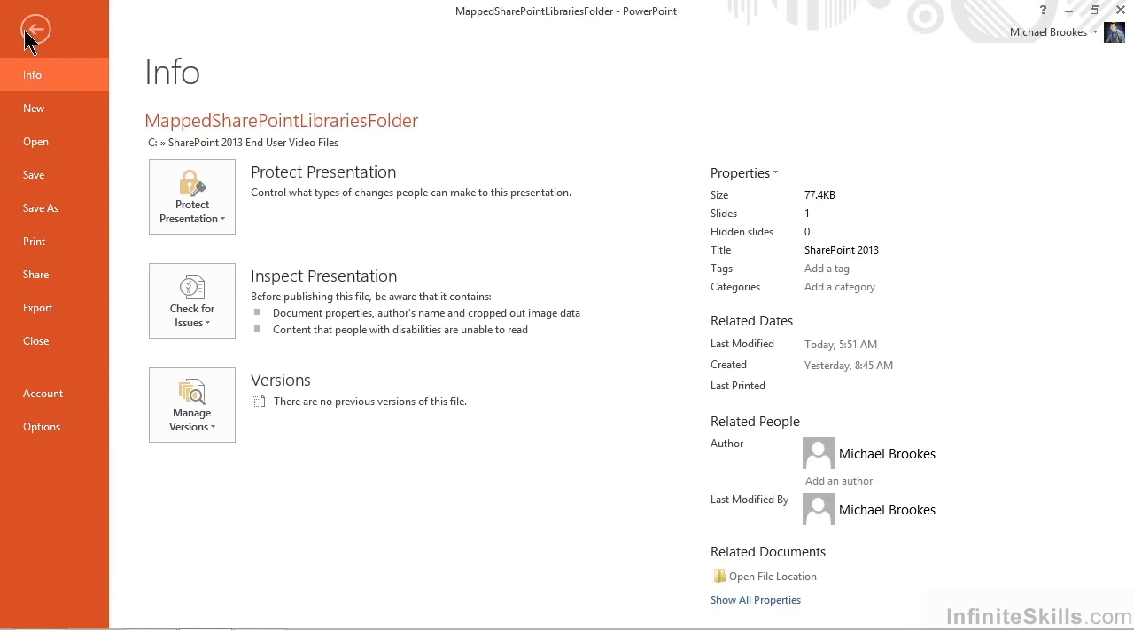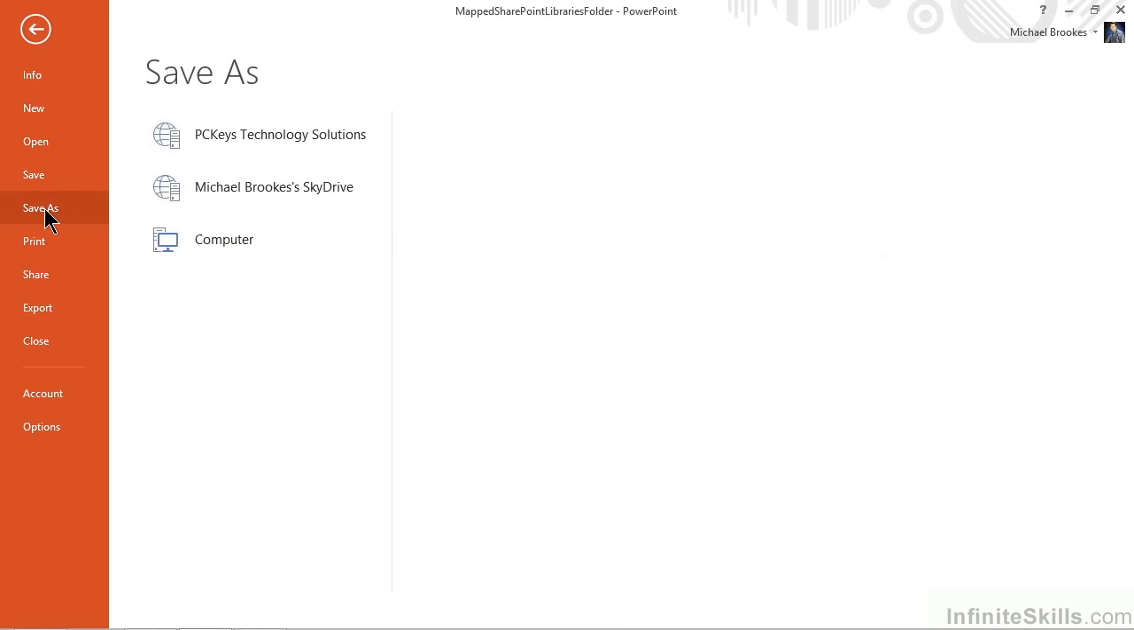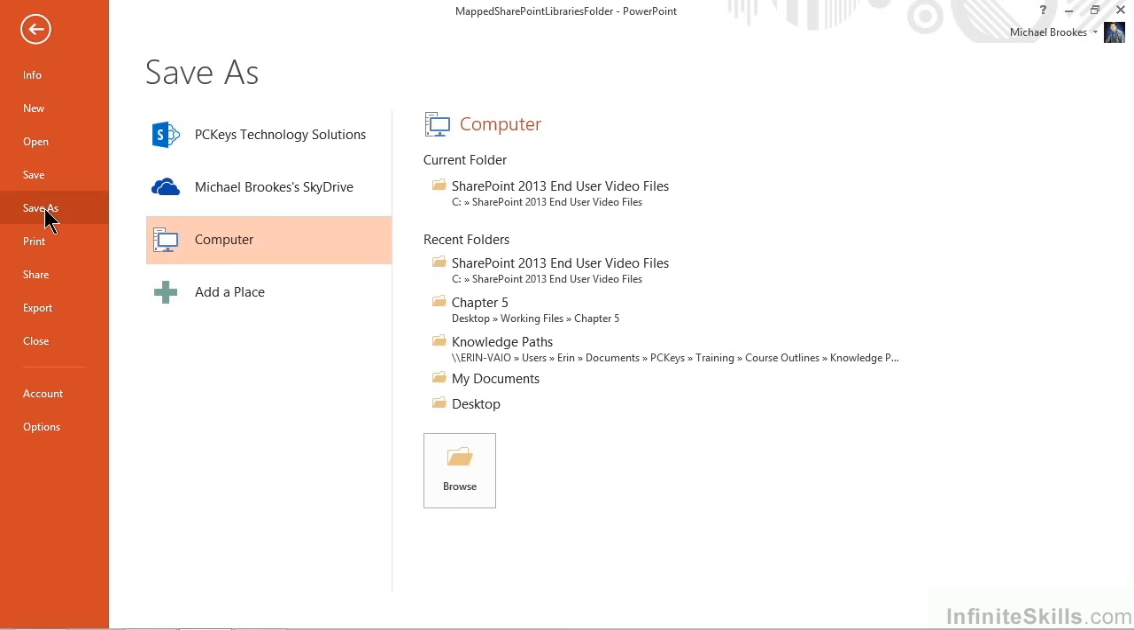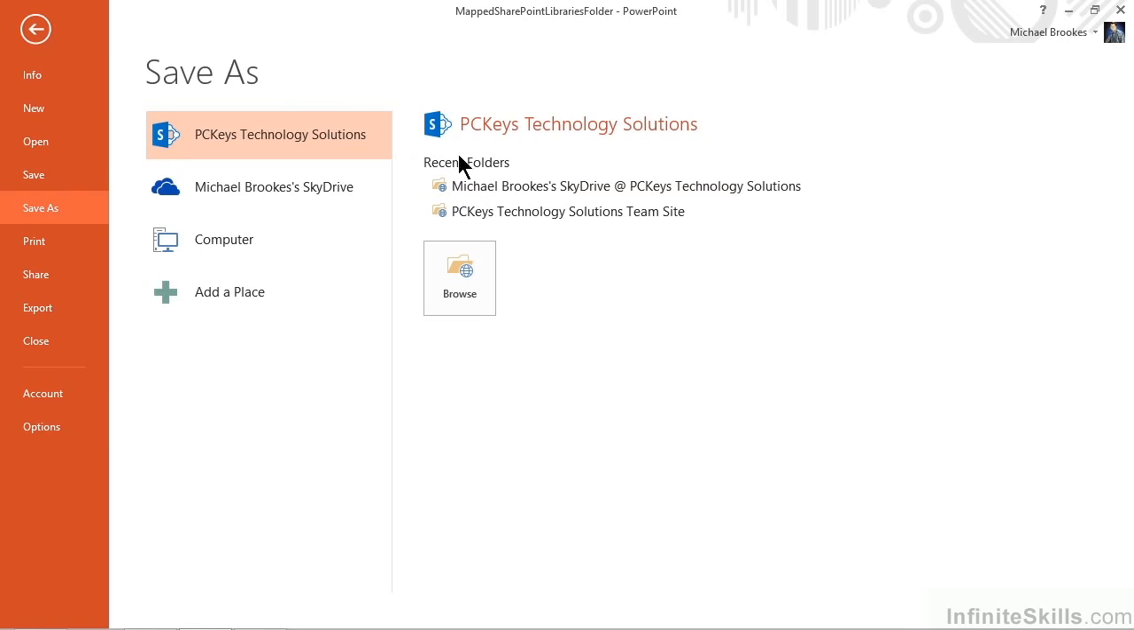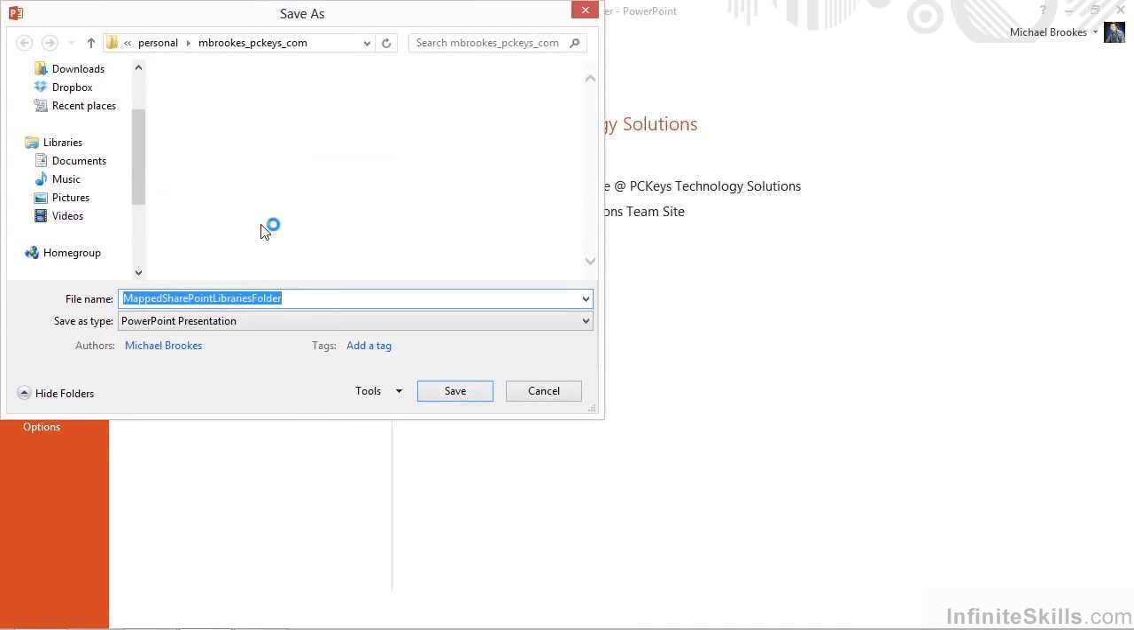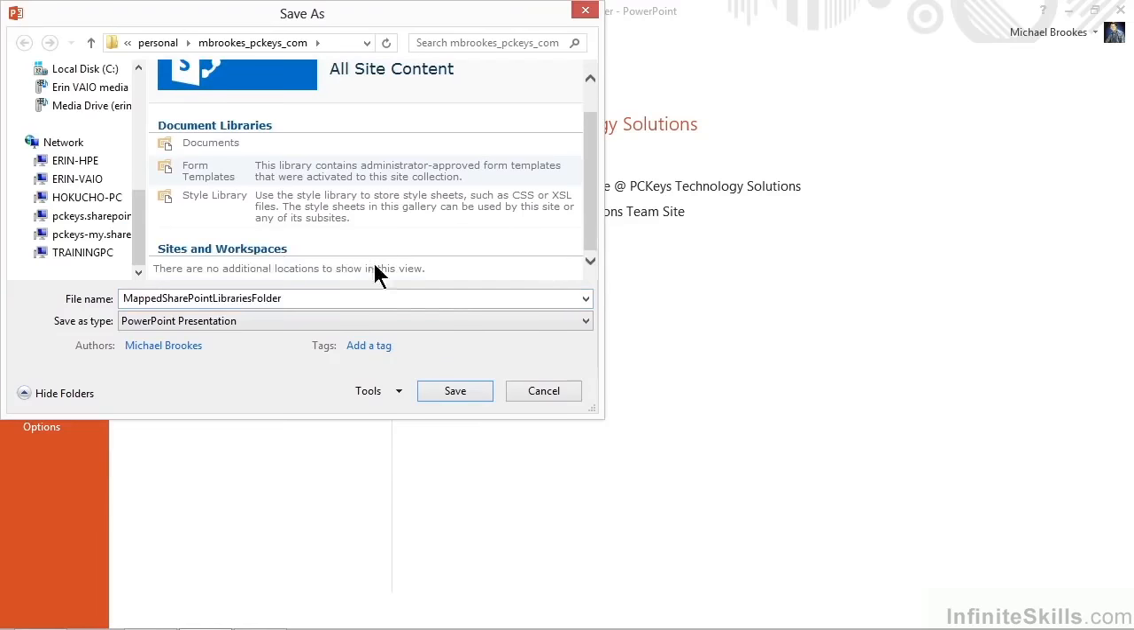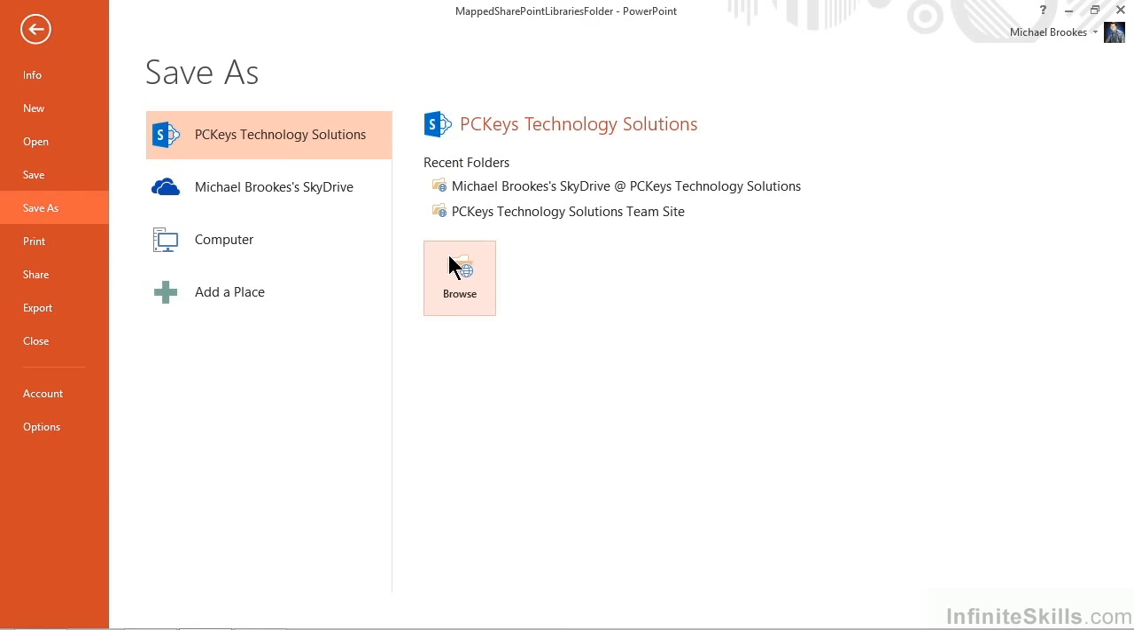We simply need to expose the backstage and do any one of the things that we normally do. For example, if we were going to do a save as, one of the options that will appear once this has been done is your SharePoint site should be listed as a drive. If you select your SharePoint site, you will ultimately see the recent folders that you've been using. And if that's not good enough, you can click on Browse. It will take you to that site, and then of course you can navigate down through it just like you always have. Ultimately, you'll find the library that you're looking for, and you'll save it just like you always have